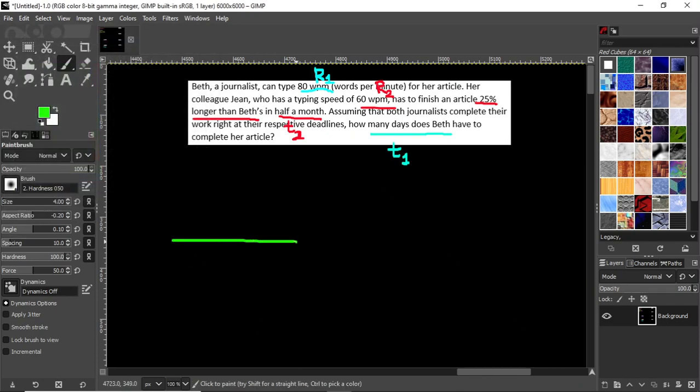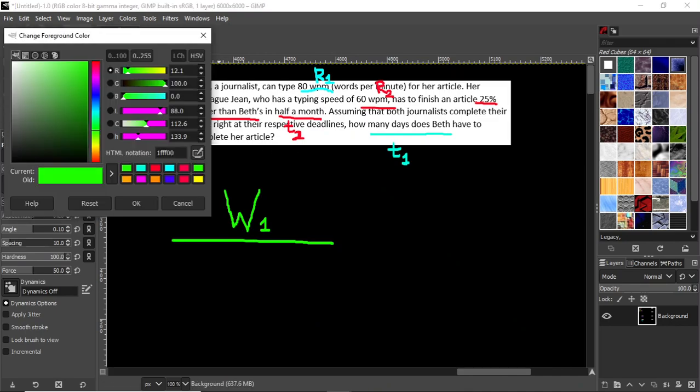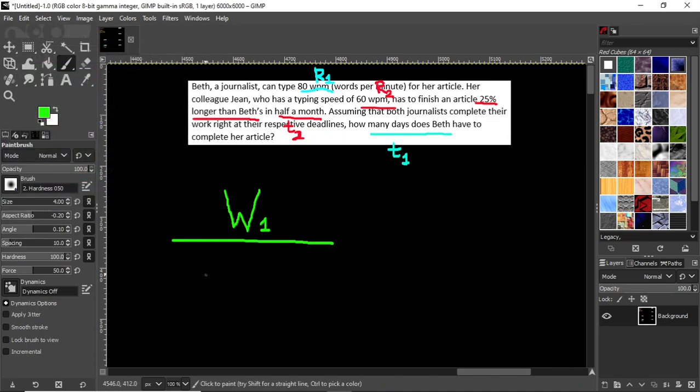So we have W. Okay, W1. This is basically Beth's work, how much work Beth does. We'll discuss that in a bit. I'll just set up the whole equation for now. Then I'll make a simplification, substitution, you could say. Divided by R1, which is 80, into what we need to find, which is T1,